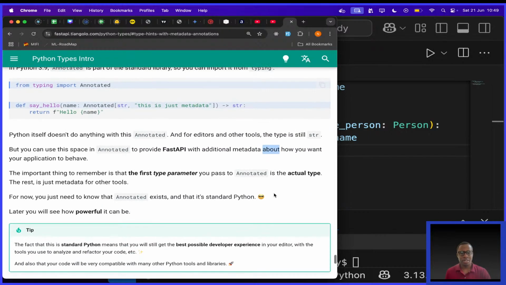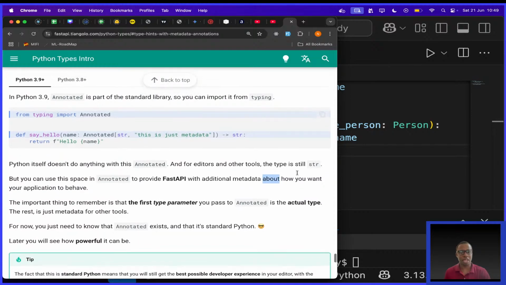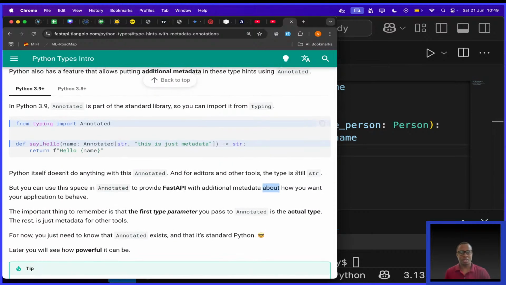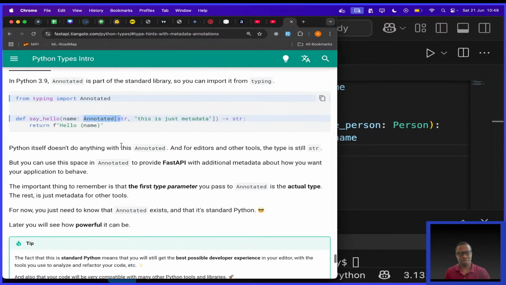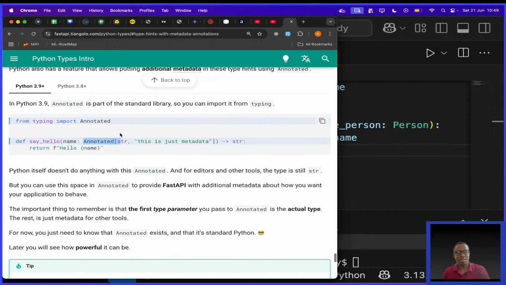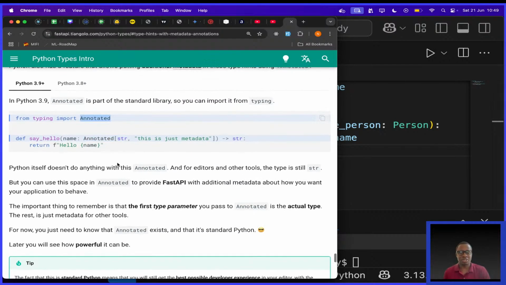Then they're saying the most important thing to remember is that the first type parameter you pass to Annotated is the actual type. Which means this is simply a string. It's just a string.